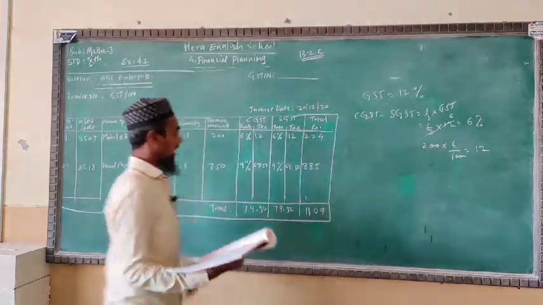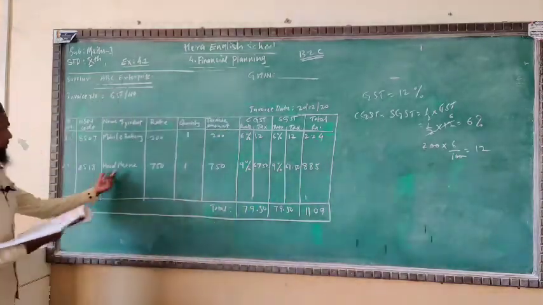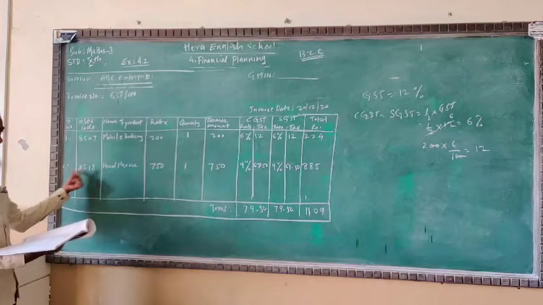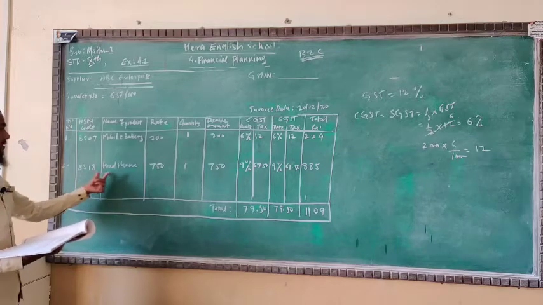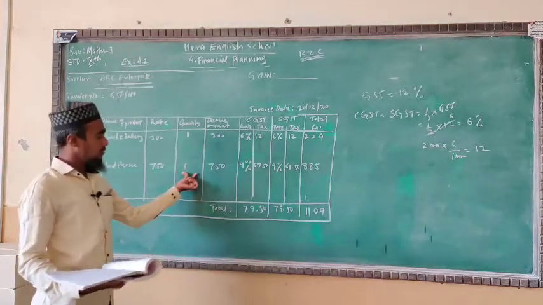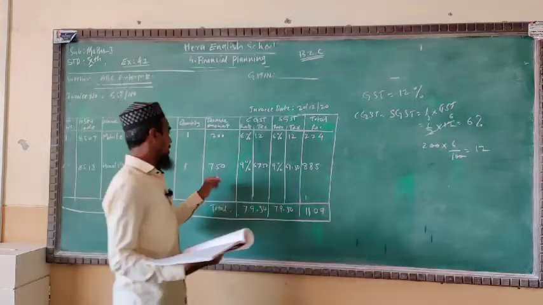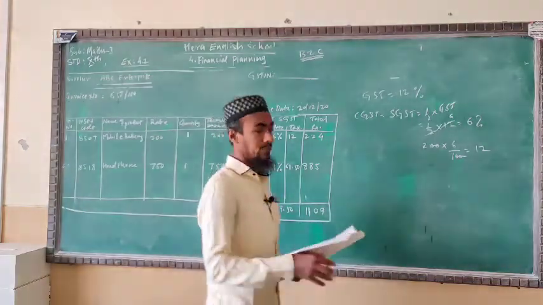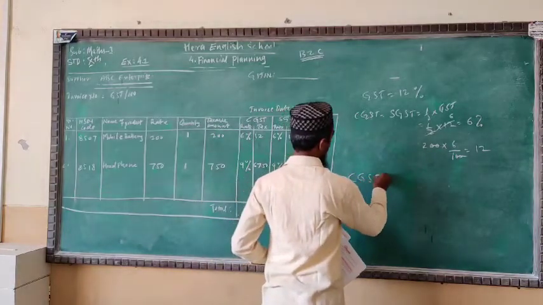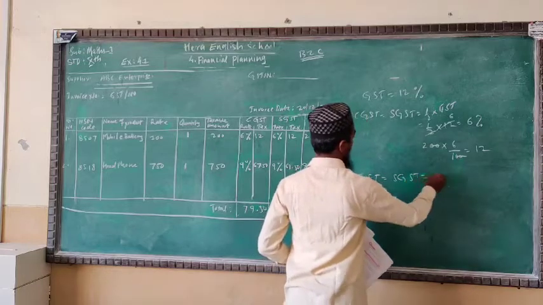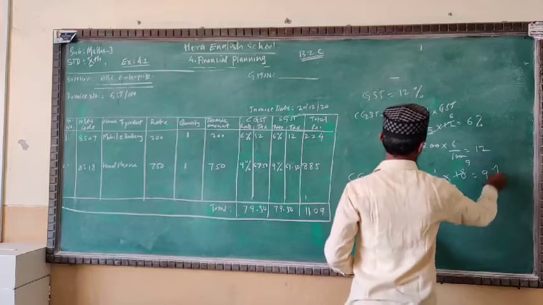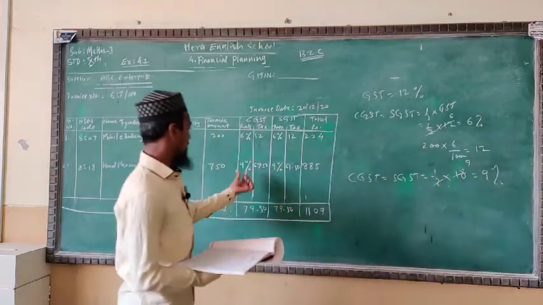Now see the next product, the purchased headphone. The HSN code of the headphone is 8518. Second thing you will write 8518, and headphone amount was 750, quantity 1. Now 1 times 750 is 750. Here GST is given 18%, so we will find the CGST first. CGST is equal to SGST is equal to half of GST, it is 18%, 2 on the 2, 2 9 is 18, you will get 9%. I have written 9% here.